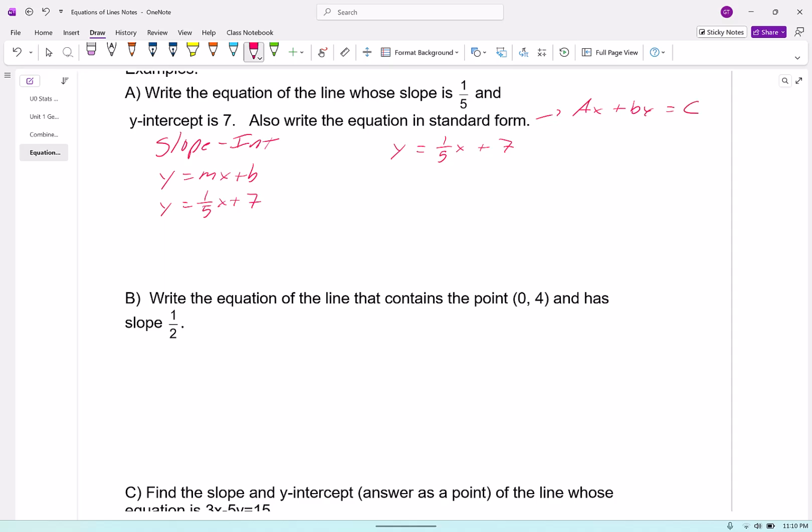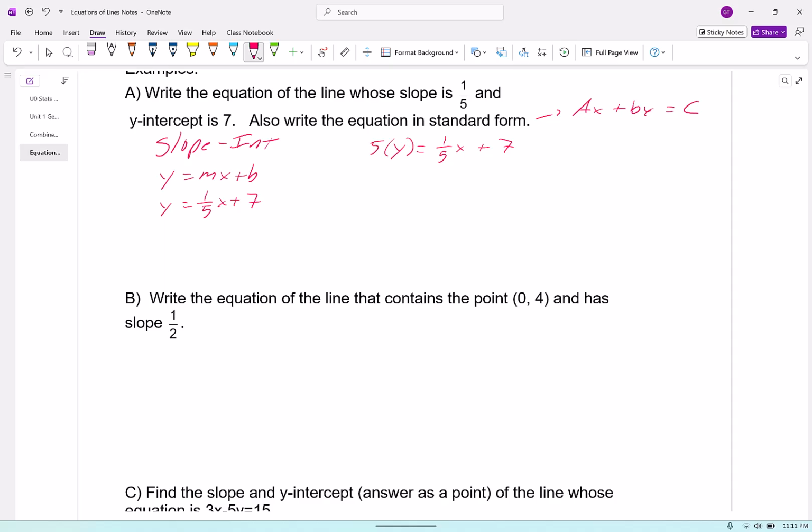And so if I have ax plus by equals c, I got to rearrange this to make this actually work. But remember, in standard form, I cannot have a fraction or decimal, so I need to somehow get rid of this 1/5. Well, in order to do that, I got to multiply each side by 5,